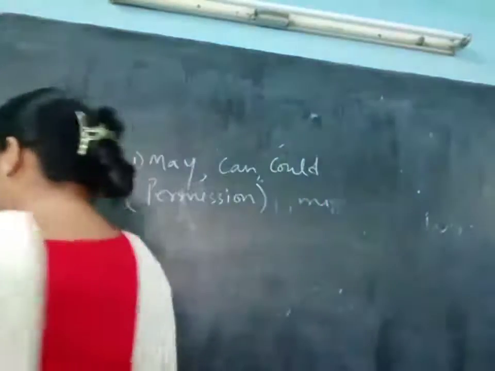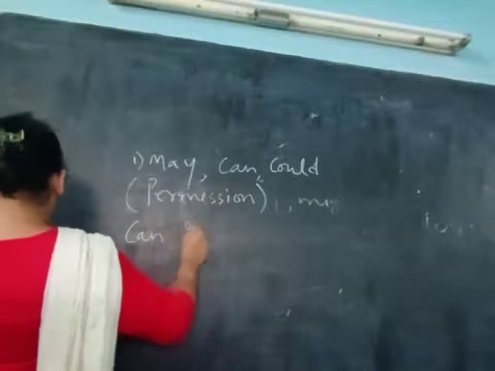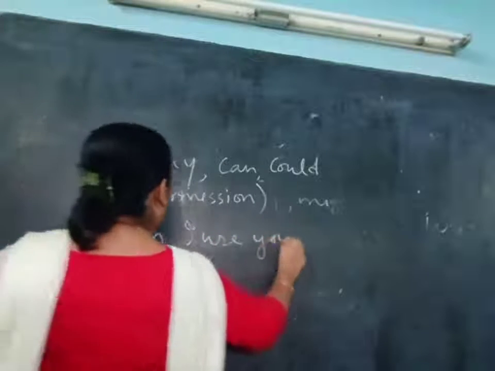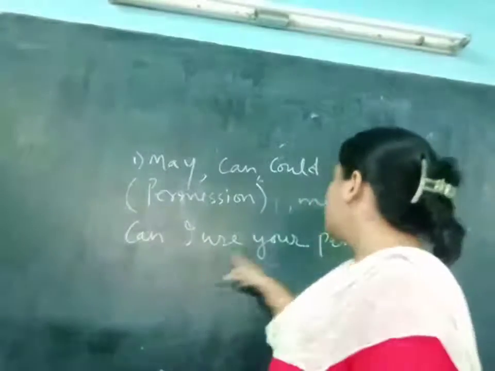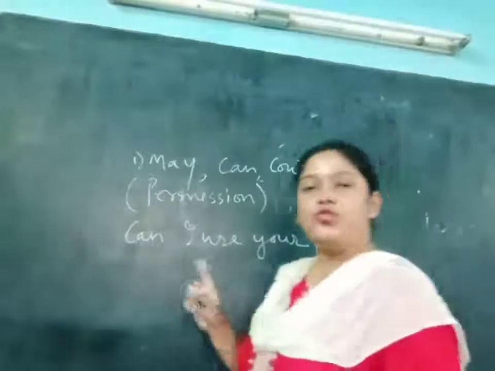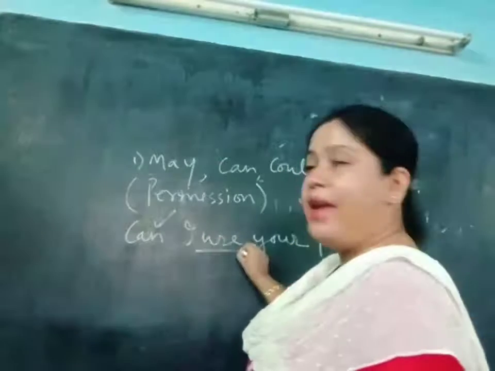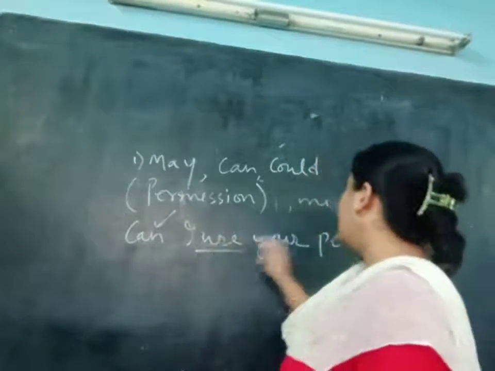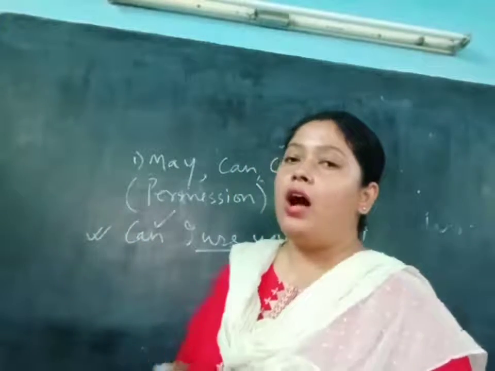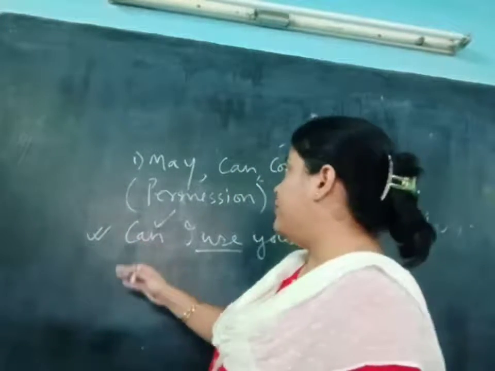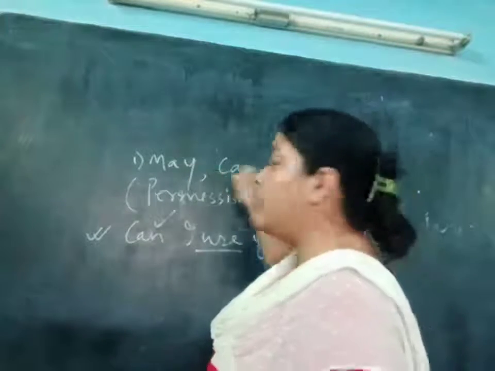Suppose if I write, just see, can I use your book, your pen? Okay, then put a question mark. Ma'am, can I use your pen? First you see, in this sentence two verbs are there. This is the modal verb and this one is the main verb. So, can I use your pen? When I am asking with this sentence, I am just asking permission. So I have told when we are taking permission, we should ask with these modals can, could and may.